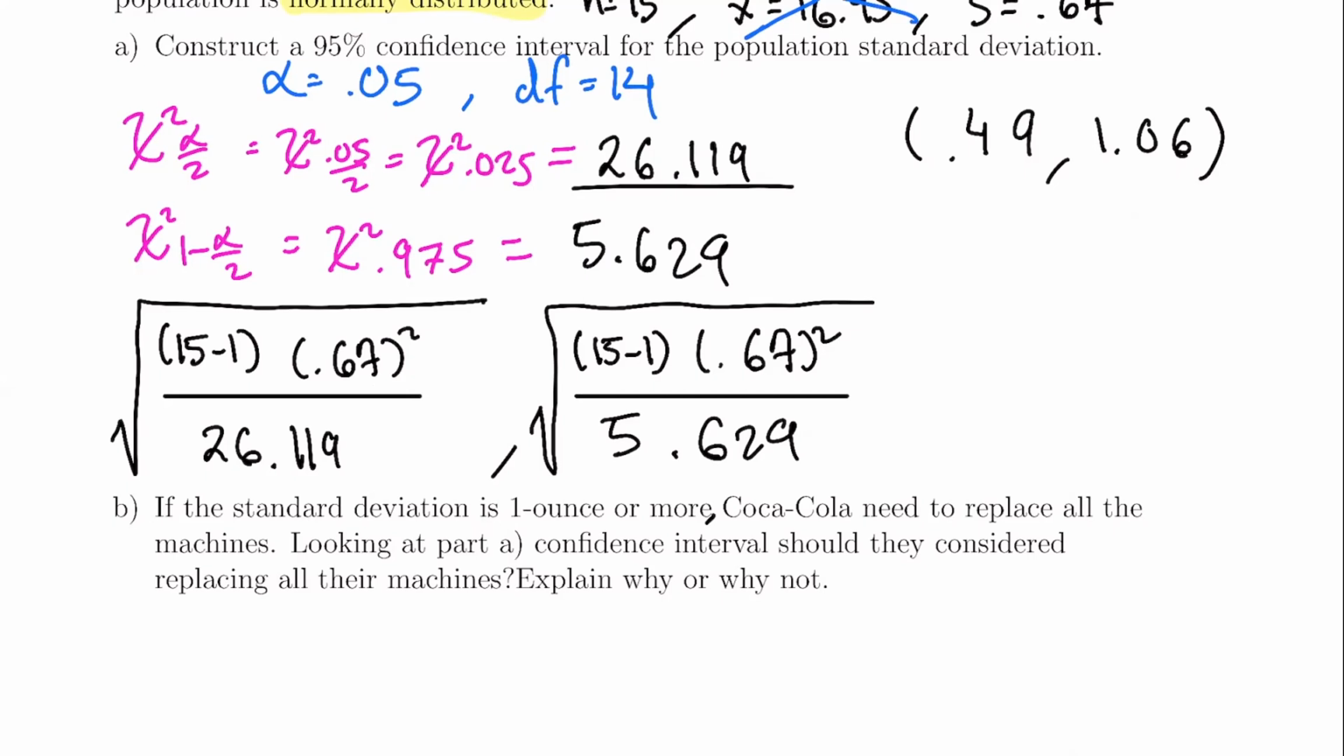Yeah, because if you look at 1.06, that means the standard deviation could be 1.01, or 1.02, or 1.03. So if Coca-Cola is worried that the standard deviation is 1 ounce or more, they should replace all of the machines, because the confidence interval is telling us that is a possibility. It is a possibility that the standard deviation could be more than 1 ounce. So for this one, we'll say yes,